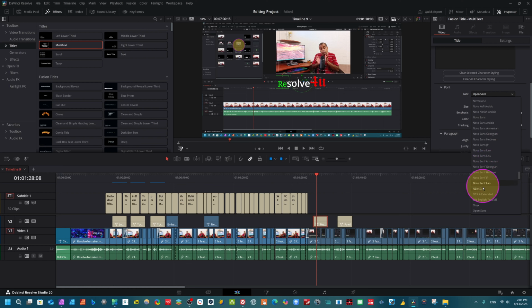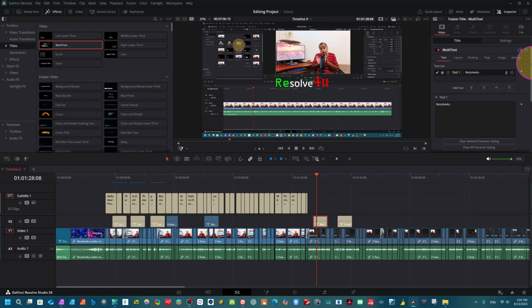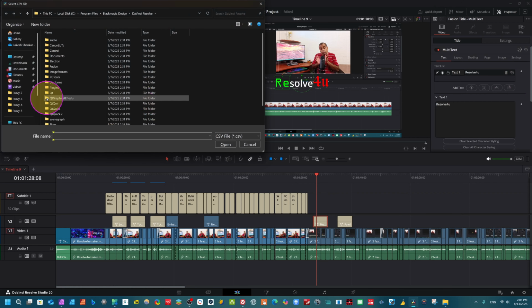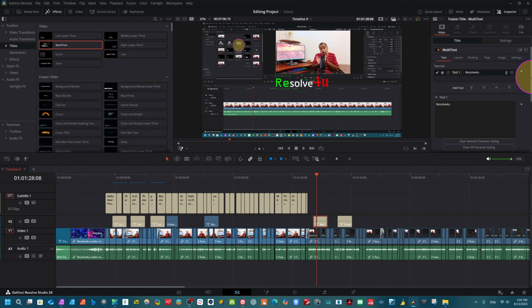So dear friends, try these new features. It's actually a very good feature for multi-text, and there is also another new feature in multi-text. Now in multi-text you can export CSV. You see here CSV file. If you have a CSV file for your text, just click here on your computer and you can directly open it, and you can use it here for multi-text.